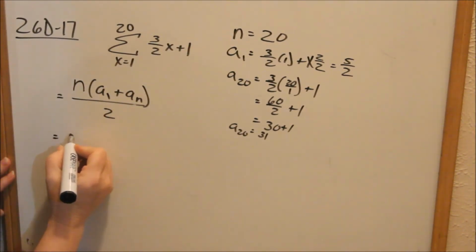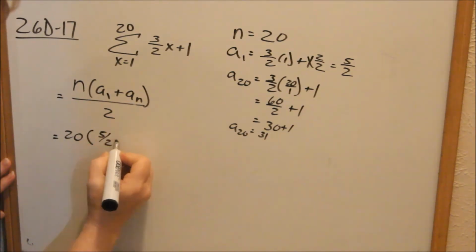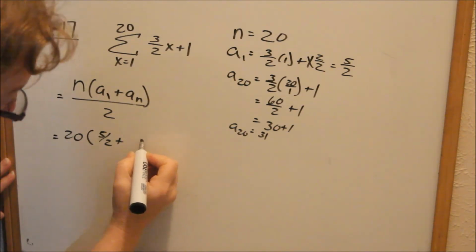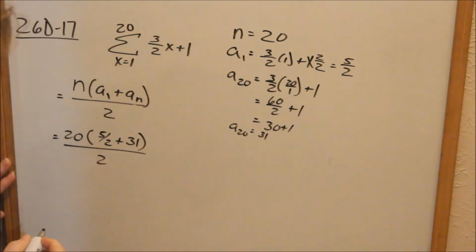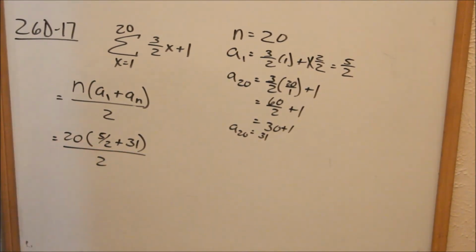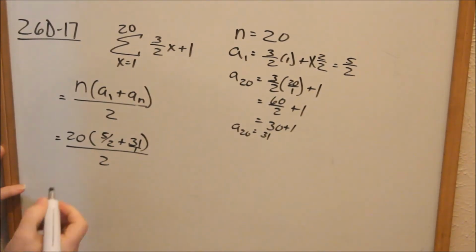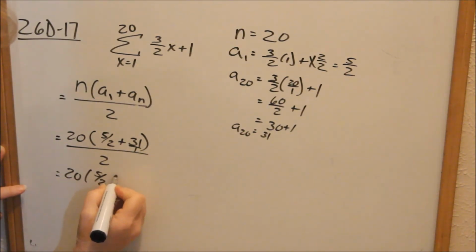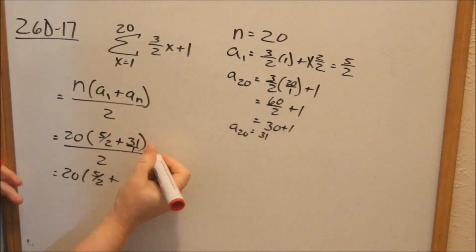Okay, so the number of terms is 20. My first term, 5/2, plus my last term, 31, all over 2. Okay, so I'm going to go ahead and add these numbers in the parentheses first. So we need to make a common denominator there. So, and that will be 25 over 2 plus